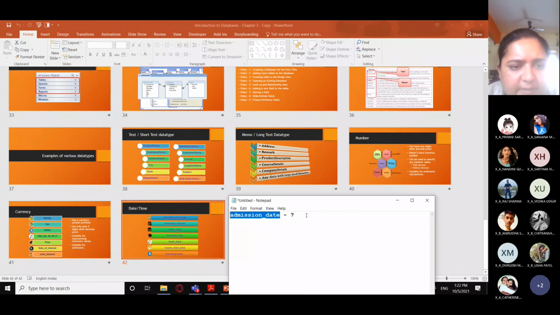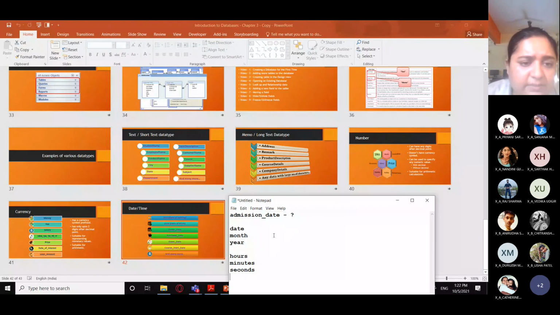Suppose a student is seeking admission in a college, and the date when he is seeking admission is recorded. Which data type would be the most suitable for storing that? Date and time data. Yes, why? Because date and time data stores data in this format: date, month, year, as well as the time in hours, minutes, and seconds.